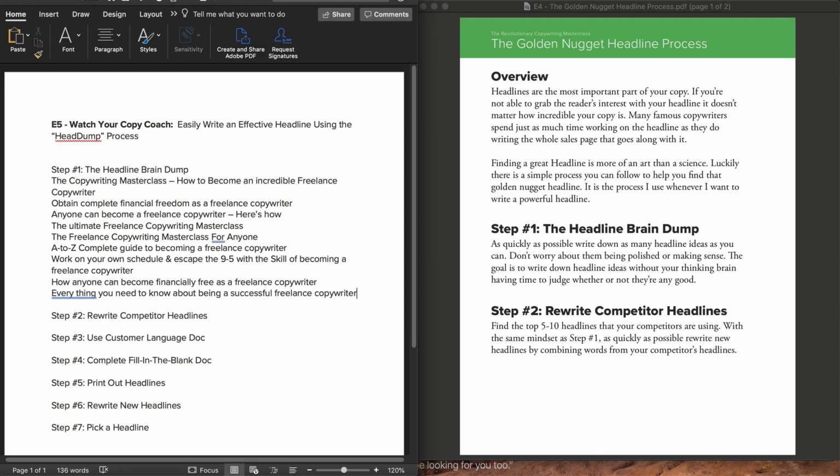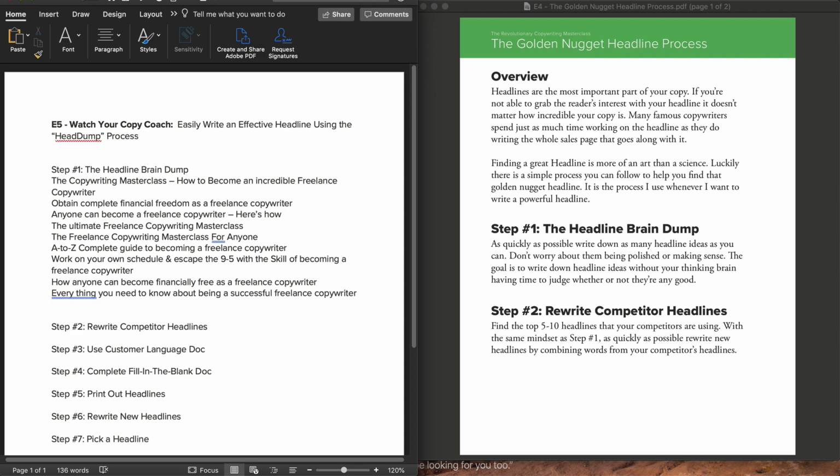Okay, that's good enough for now. So that's the brain dump. Now, if you were doing this for a very important piece of copy, such as a sales page for a product you've been working on for a long time, you might want to do this process for 2-3 times as long and get 15-20 headlines. There's no limit to how many headlines you can put here, and you can also just go until you run out of ideas. But for the sake of not making this video insanely long, I'm going to move on to